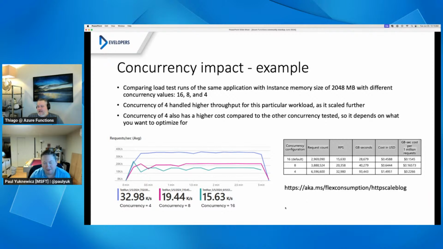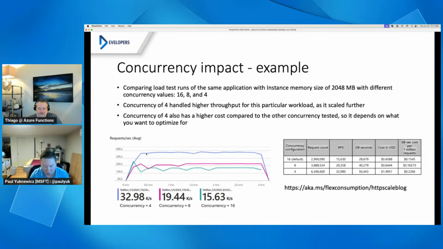And one of the tests we've done is for this exact scenario that I'm showcasing here in the demo. We compared load test runs with the same memory size of 2 gigs in different concurrencies, 16, 8, and 4. And you can see here that the concurrency of 4 was able to handle 32.98 thousand requests per second.